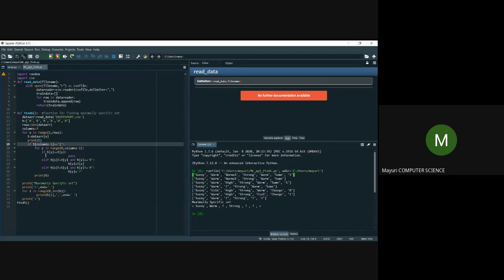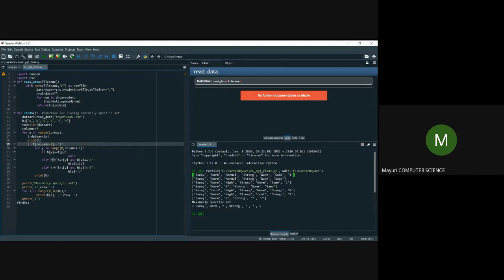So before that, let us see if both the values are same, if respective H of Y and T of Y, both the values of a particular attribute are same, I don't want to worry about it. Please do nothing. That is the algorithm, right? I just simply pass that iteration. If the values are same, I just don't want to disturb the values, just take it as it is.